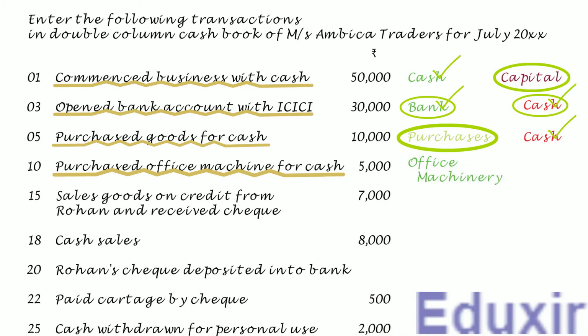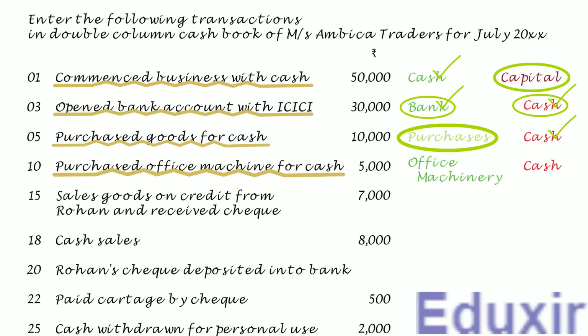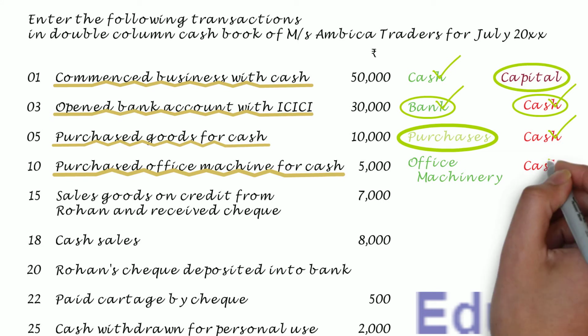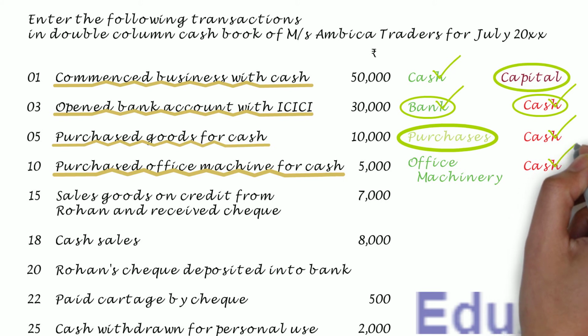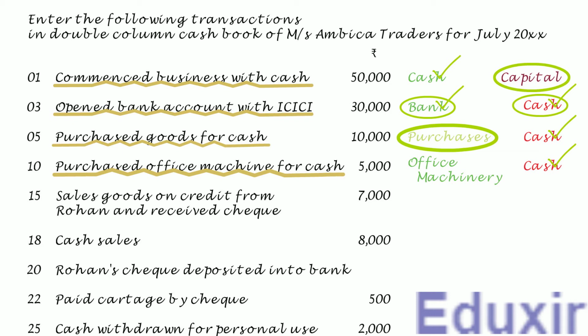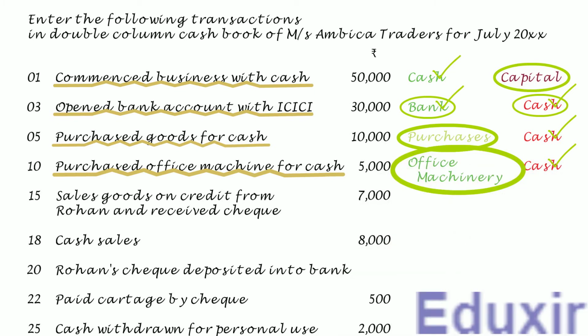At the same time, as the payment for this office machinery is done in cash, the cash asset of the business will be decreasing. The rule to record any decrease in the asset is to credit the corresponding assets account. In this case, the cash account should be credited. In this transaction, as you can see, the cash is on the credit side. So it needs to be posted on the credit or payment side of the cash book and in the cash column. Note that the particulars that need to be posted into the payments column of the cash book is office machinery.